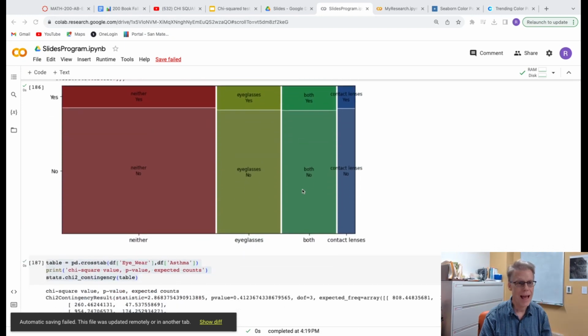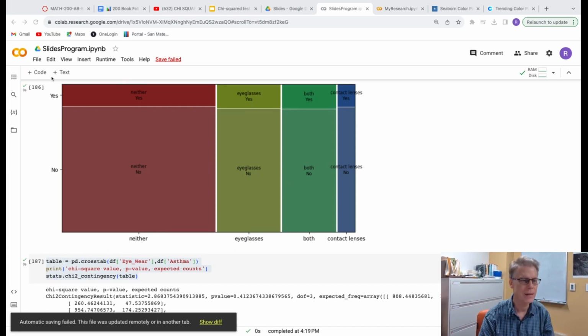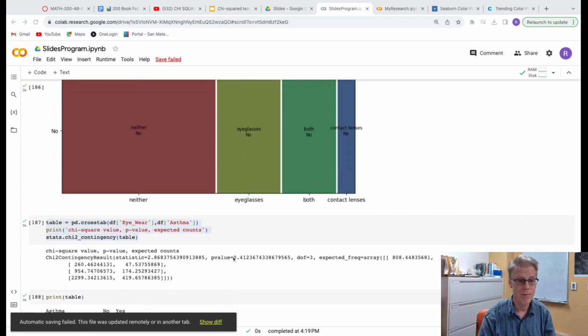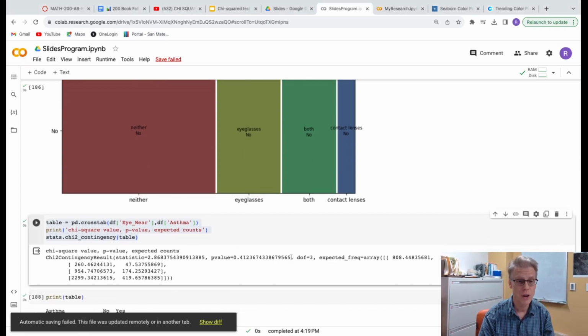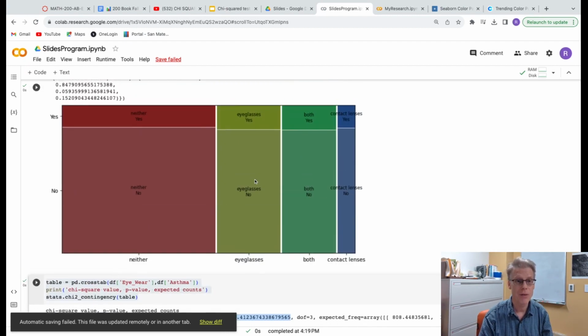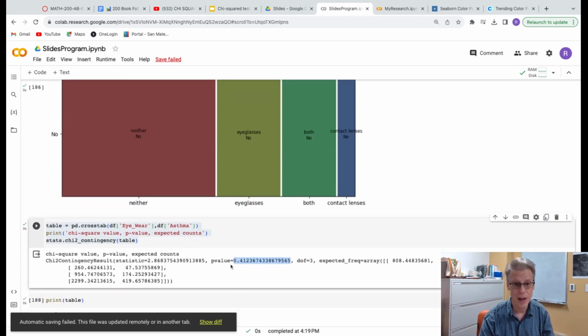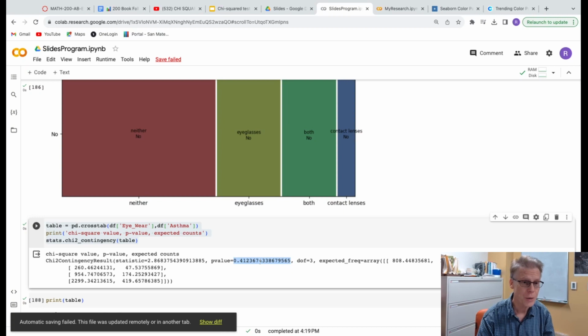So, last video, we went through and did the chi-squared test for my two variables, whether you wear eyeglasses and whether you've been diagnosed with asthma. And we had a really huge p-value. No significant difference at all. You can see it in the mosaic plot, but really without the p-value, you're not sure. Oh, we're sure now. We have to fail to reject the null hypothesis, which isn't the end of the world, but it is what it is.